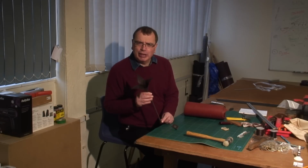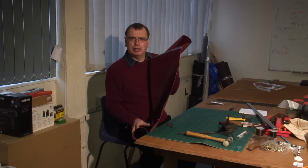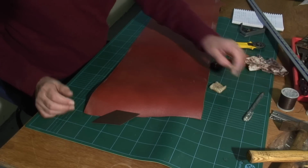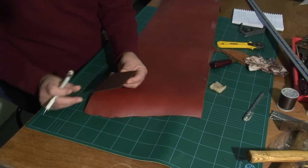And then in the middle of the night I had a brainwave. In the depths of my workshop I've got some red patent leather. Now what's going to be better than to make a flower out of red patent leather? Perfect for Valentine's Day. So the first job is to make ourselves some leaves, and I've made myself a little